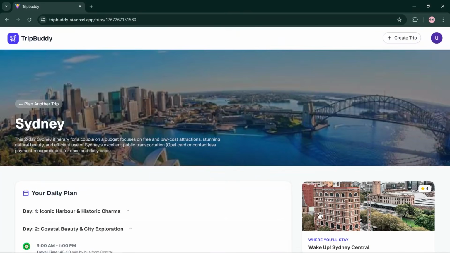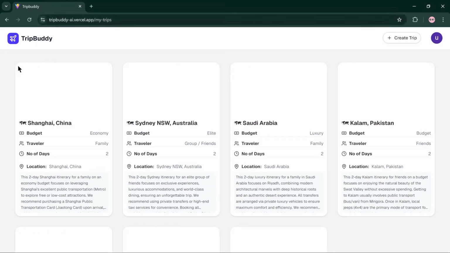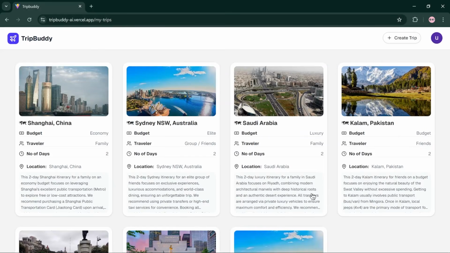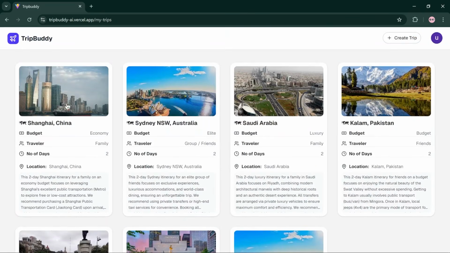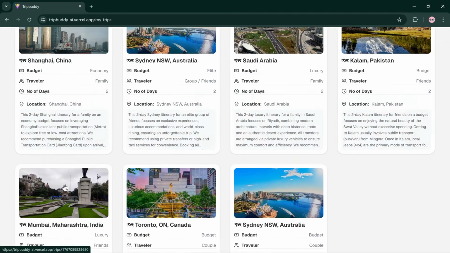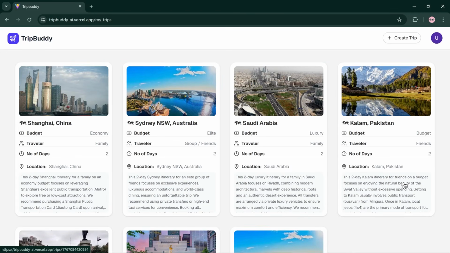Okay. And here if we go to My Trips, inside the My Trips page we have some trips that I have already added. Here we have Shanghai, China, Sydney, Saudi Arabia, Guam, Mumbai, Maharashtra, Toronto. Okay. Here if we go to our previous Sydney trip plan, the traveler group was friends and the